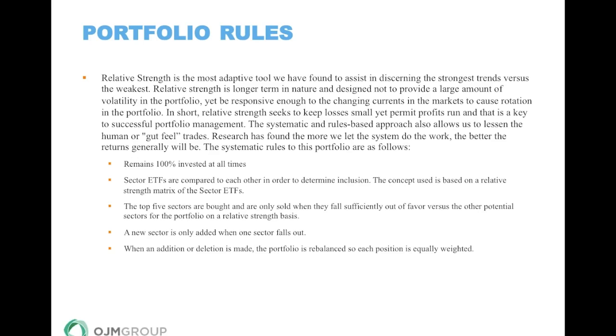So we're going to stay 100% invested at all times in this strategy, meaning in particular, this strategy that we use is for U.S. equity, the U.S. stock market. So for an example of a typical client who may have 50% in the U.S. market, that 50% we will stay 100% invested at all times. We're going to use ETFs, exchange traded funds, in order to gain access to the sectors that we're going to